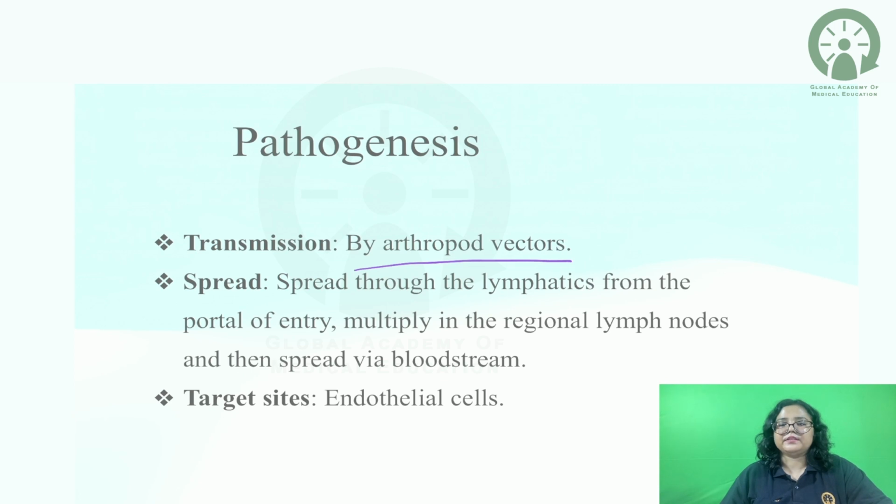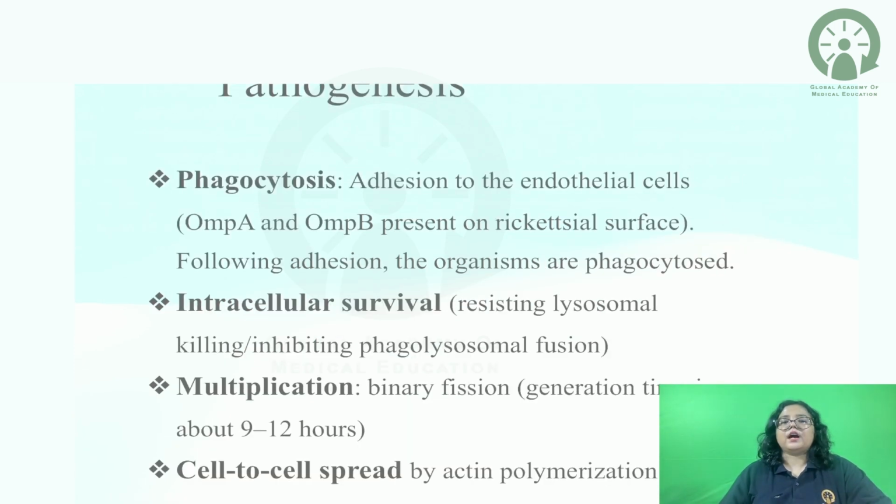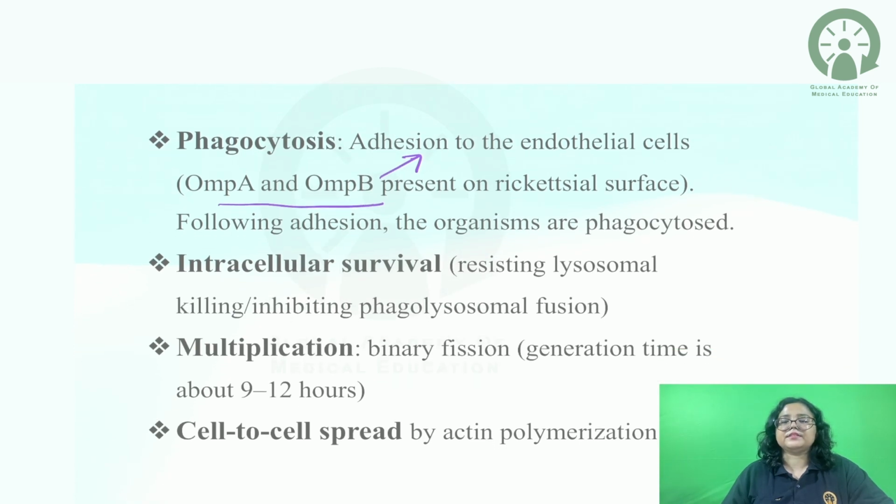They multiply in the regional lymph node and then spread via bloodstream. And the target cells are the endothelial cells. So these outer membrane proteins A and B adhere to the endothelial cells, and following adhesion the organisms are phagocytosed and they resist the lysosomal killing or degradation by inhibiting the phagolysosome fusion, after which the bacteria